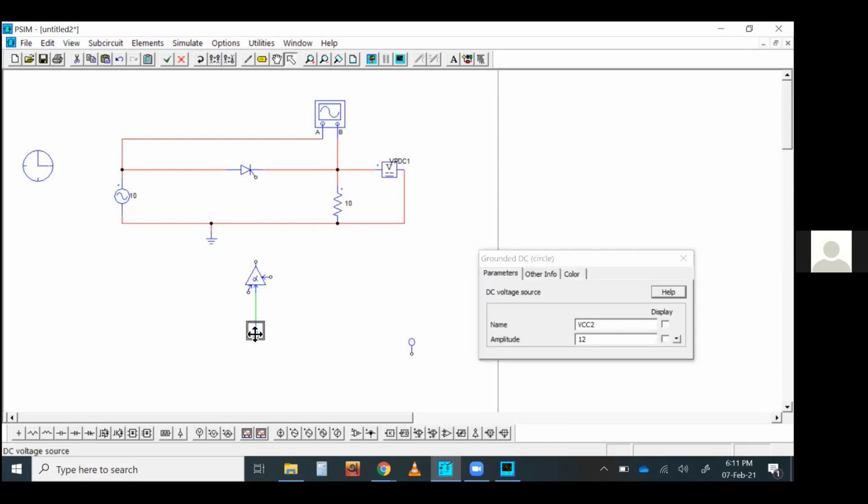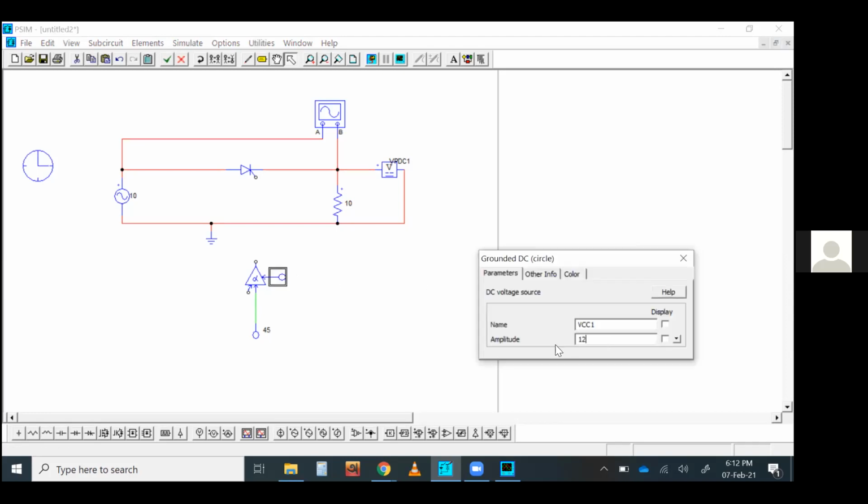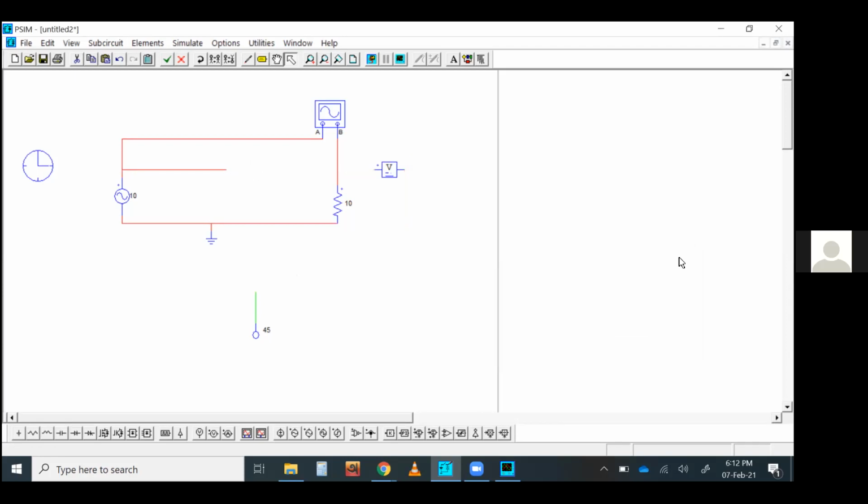Okay, I'm setting the voltage. Click it here so that it's displayed. Okay, firing angle 45 degree by default. I put it here. And this is the enable terminal. I need to enable it. That means I need to put another voltage here. Any voltage source you can use. It could be 1 volt or whatever voltage it is. It doesn't matter. Just simply need a voltage.